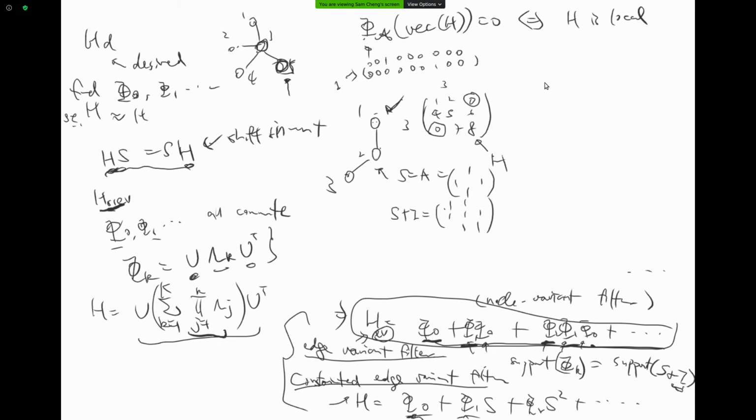So I need to have my support, and any local filter should have support the same as S plus I. Therefore, these 2 places cannot be non-zero. To enforce that, what I can do is vectorize that matrix H into one vector. If my original graph has n nodes, then my filter will be n by n, and therefore this vectorized H should be n squared by 1, and then I will have just the row